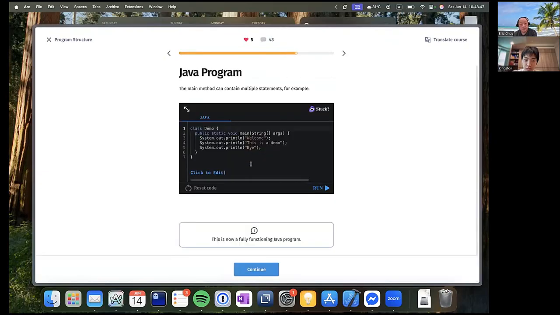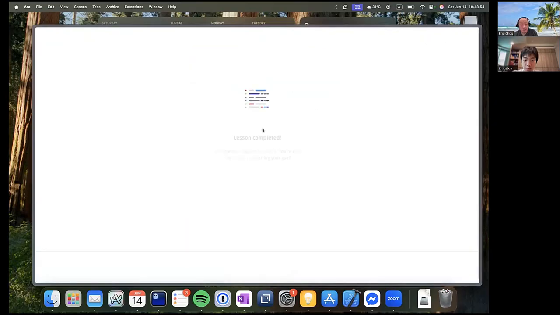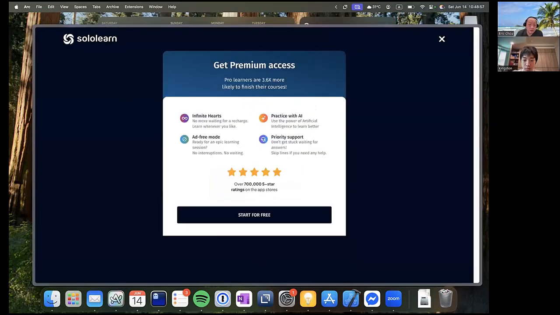So it's kind of like a warm-up, making sure you know the basic parts of the language. If you are moving on, we are okay. We don't slow you down.